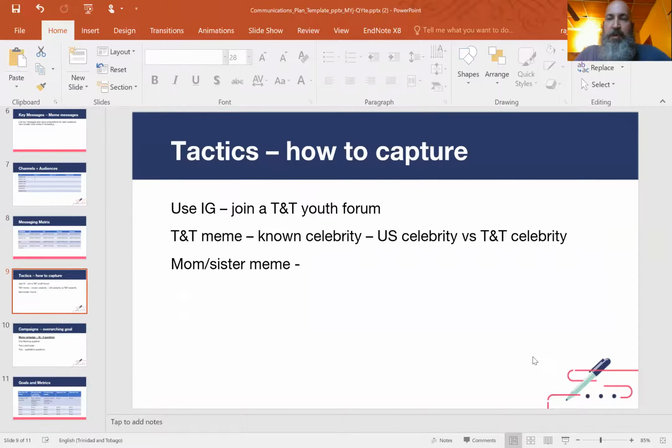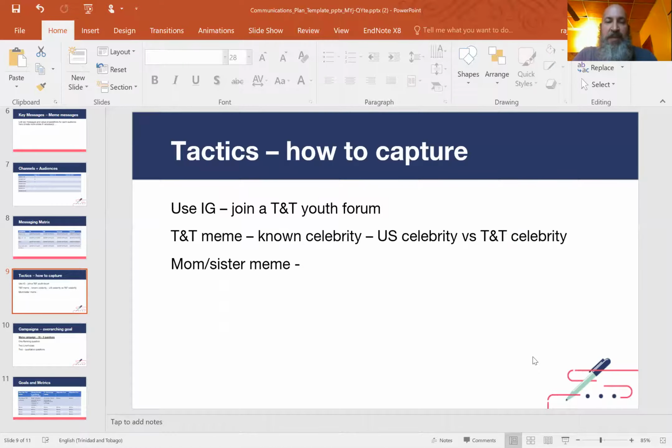Okay, so here's what I'm going to do. I'm going to show them those 3 memes, and I'm thinking of capturing this audience by joining, through my own Instagram account, a TNT youth forum, for example. And in using the memes, the 2 that I'm going to create of my own, I'm going to create a TNT meme using a known celebrity that they might respond to, Machel Montano, whoever is suitable for that age group, for example. I might want to compare it with a US celebrity, or I might want to do, if I'm doing the sibling thing or the influence from